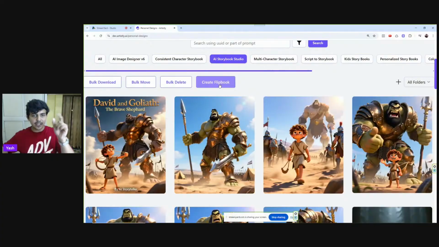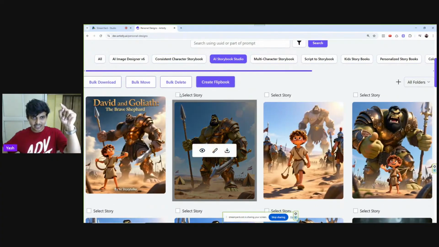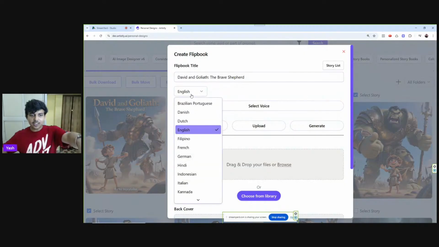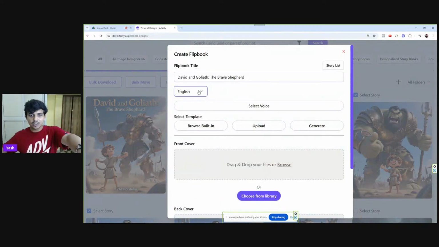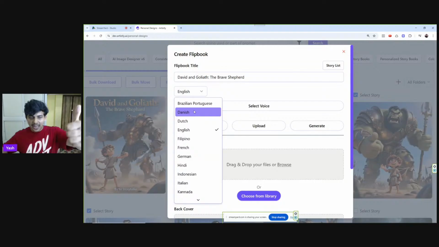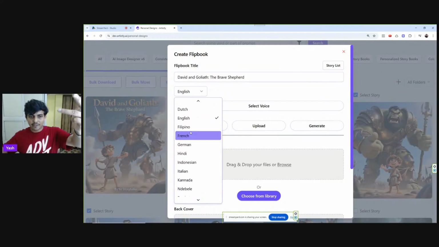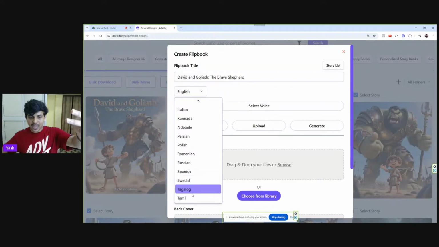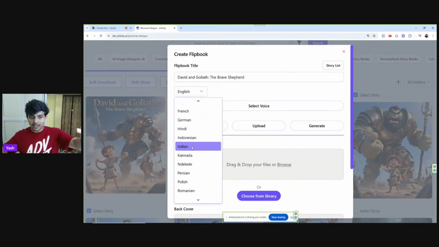If we click on create flipbook, select the story, and create the flipbook, all these languages are already available. You can click on English and see Danish, Dutch, German, Filipino, Kannada, Polish, Spanish, Swedish, Tagalog, Tamil.